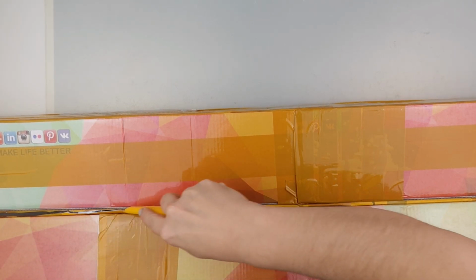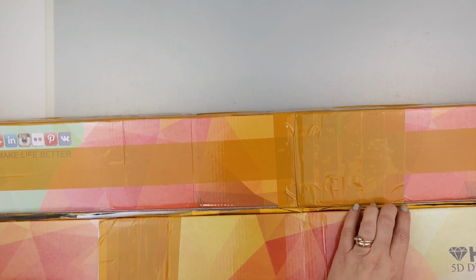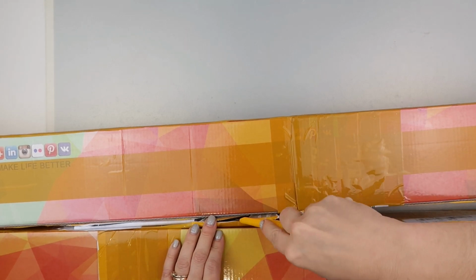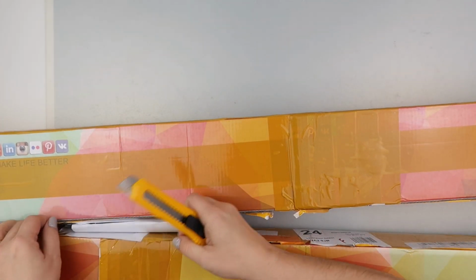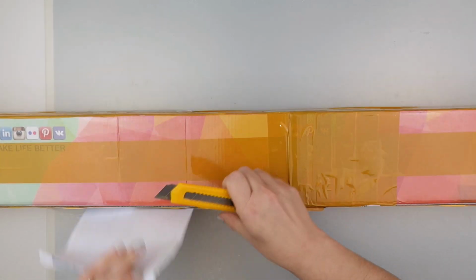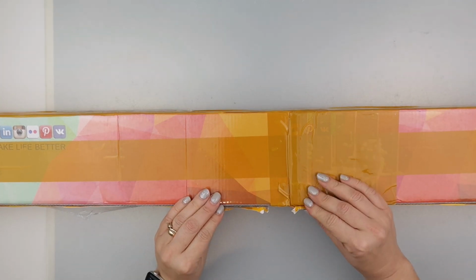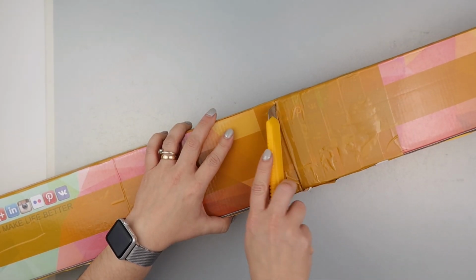Now we have address labels and customs declaration labels and all sorts underneath. This was the biggest order I have ever placed in one go, I think. So there's customs labels and all sorts tucked in there, not that I need them. I did not get customs on this, just for anybody in the UK who may be wondering. I didn't get charged any customs, but there were customs labels, and this order was over £100,